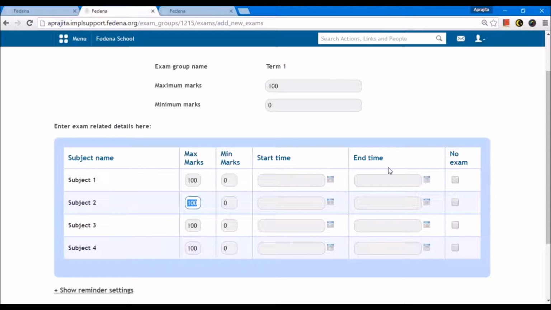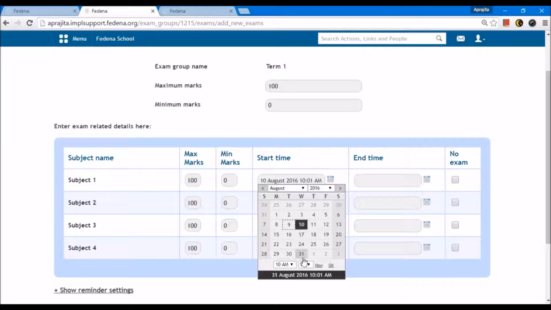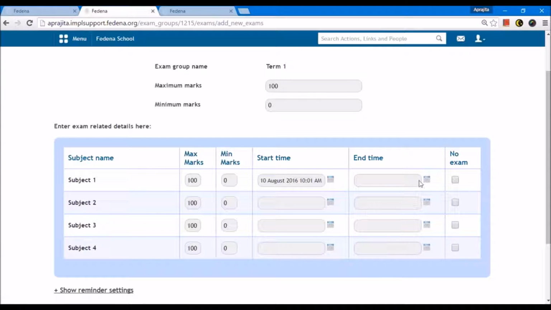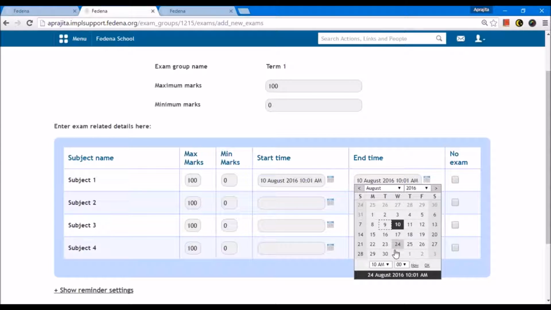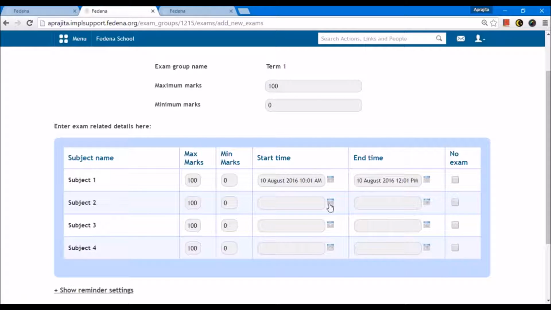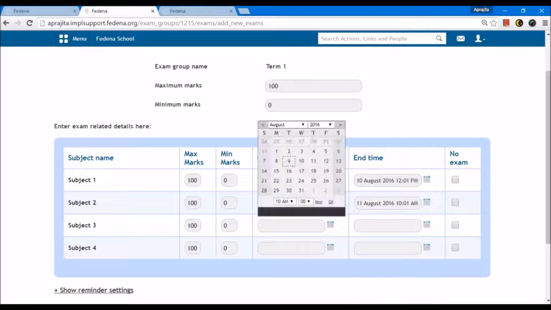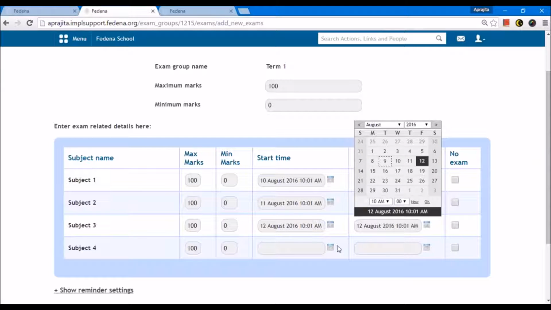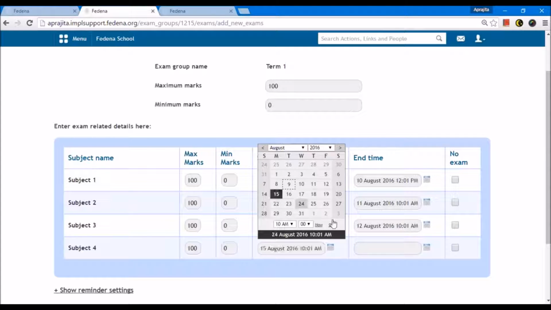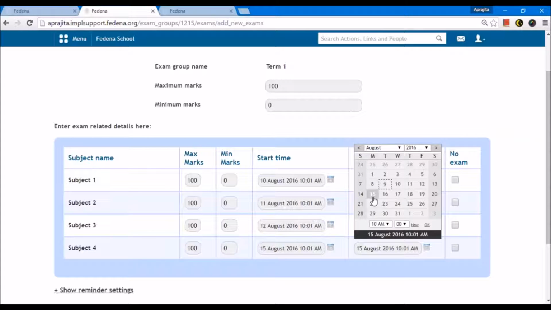You can give the start time and the end time, denoting, let's say in this example, subject 1, the start time would be tomorrow at 10 a.m. and the end time would be tomorrow at 12 p.m. So like this, you can select the timings for each subject. So this is how we are scheduling the examination for term 1 for each subject, like this.